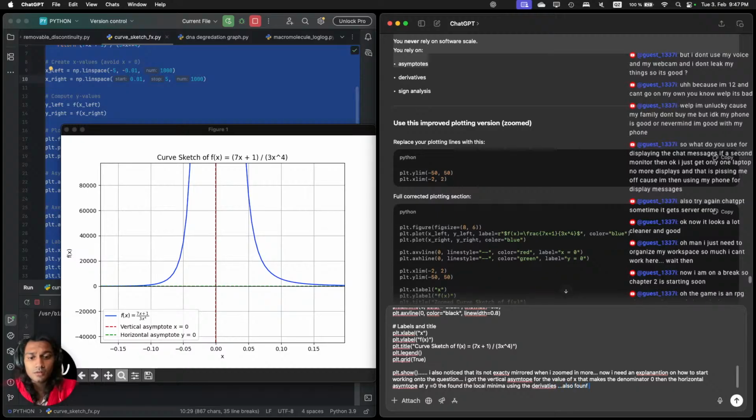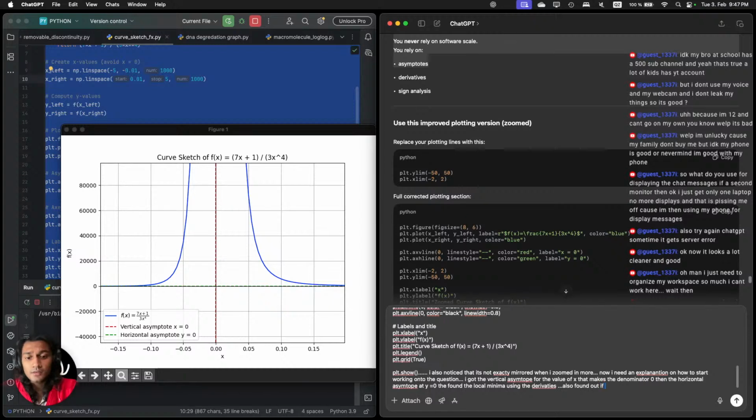Also found out if the function is even or odd, or neither. Then found,